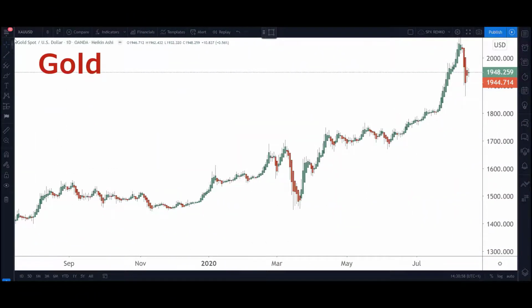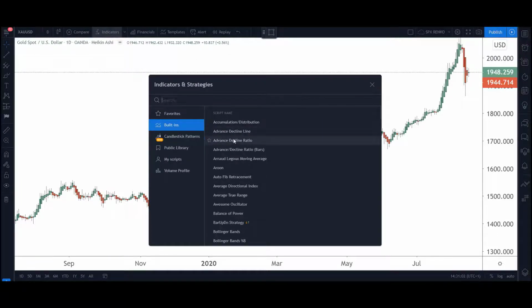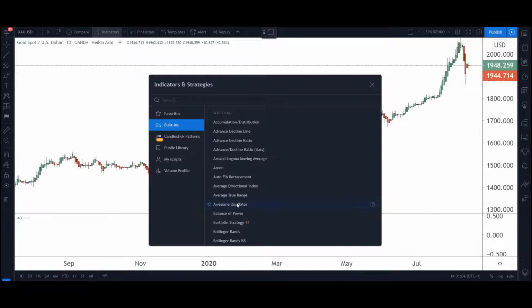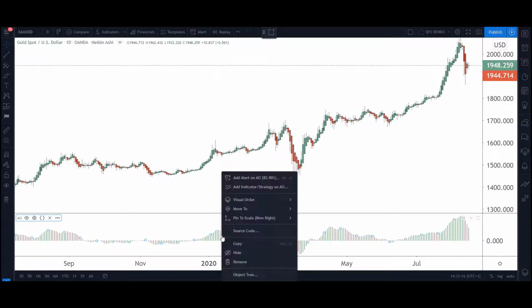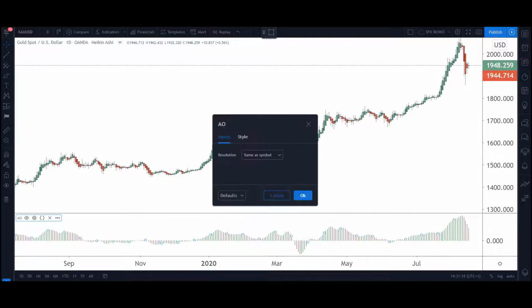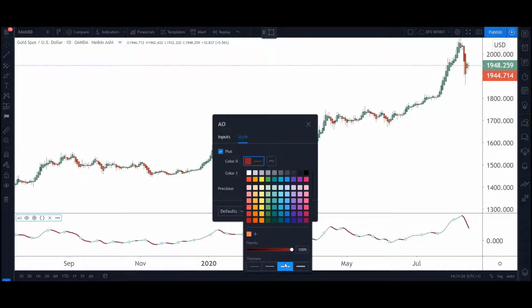So here's our gold friend again, and we're going to add on the awesome oscillator. We find it in our drop down. There it is. As you can see, initially it comes in as a histogram view, and I want to change that because I find that a little more complicated to translate into buy and sell signals, and you'll see any second what that will look like. Just switch it to a line chart, make it a bit more visible for us,